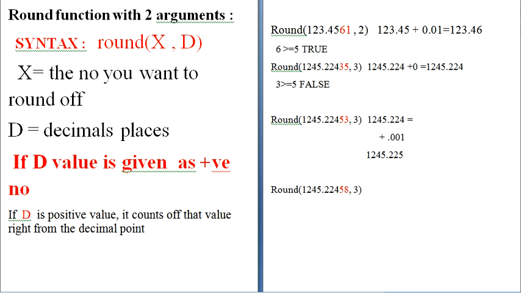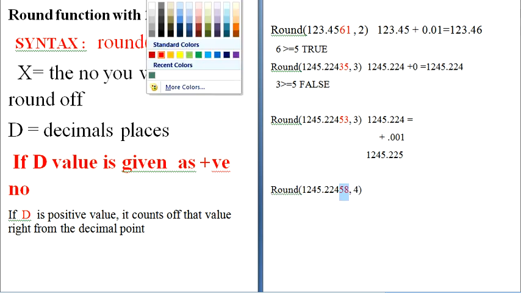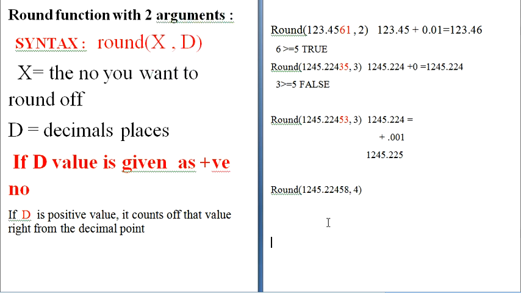Like here it is 8. 1245.22458, comma, how many digits do you want to place after the decimal? 4. Clear? What number do you have to take after the decimal? You should have 4 digits: 1 2 3 4. So these 4 digits we have to take into picture.